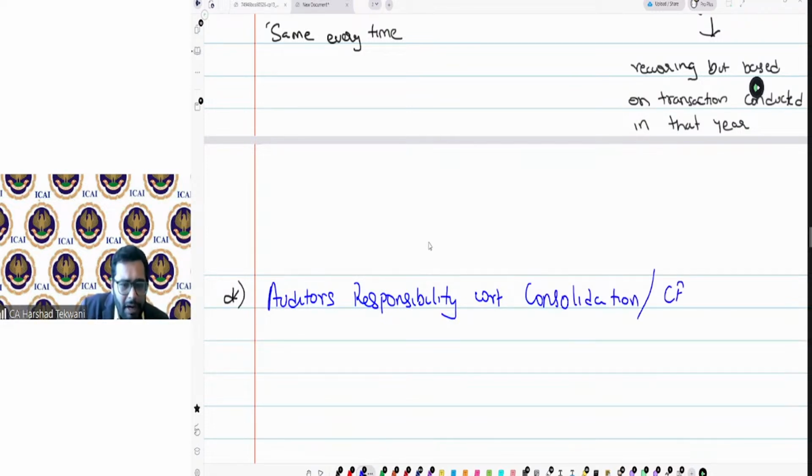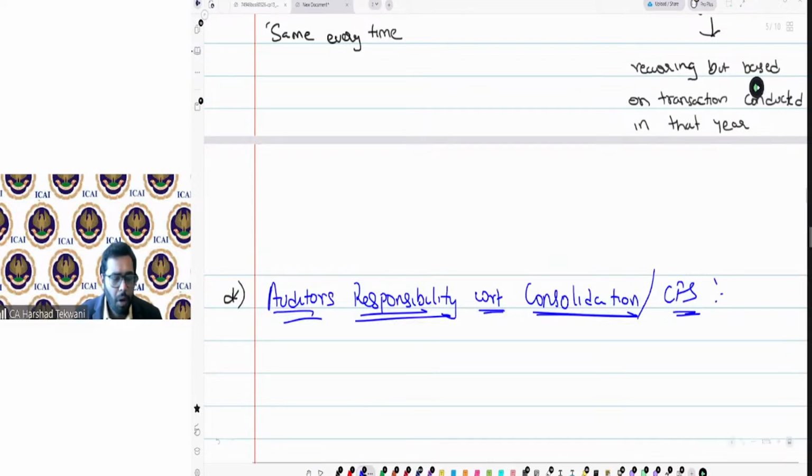Consolidation or consolidated financial statement. So, auditor's responsibility. First of all, tell me guys, what is the basic provision or the section which governs the